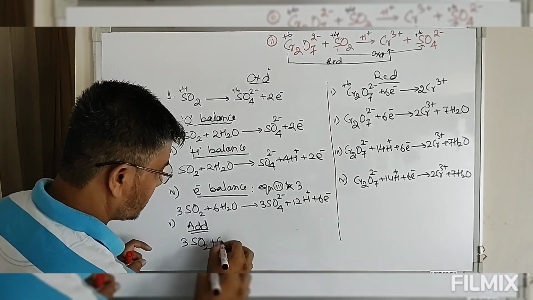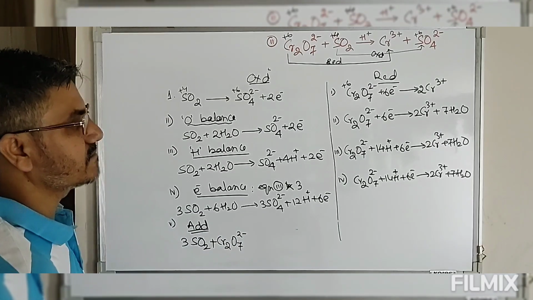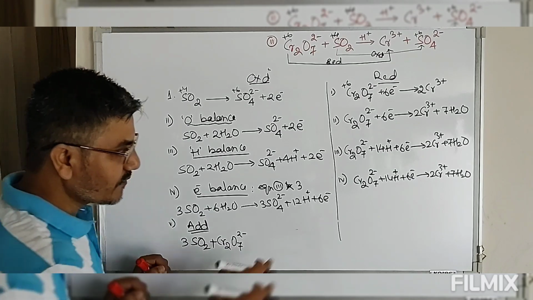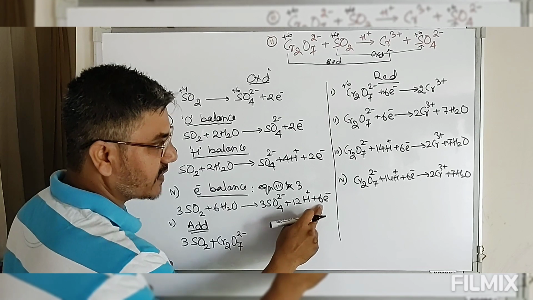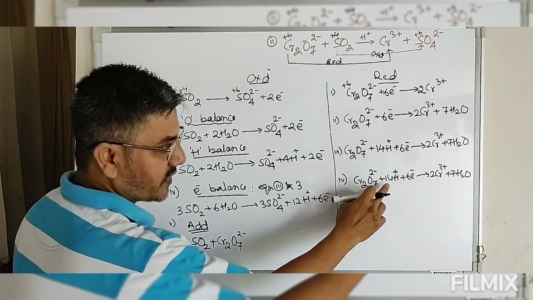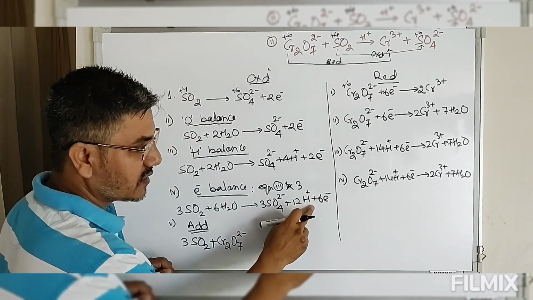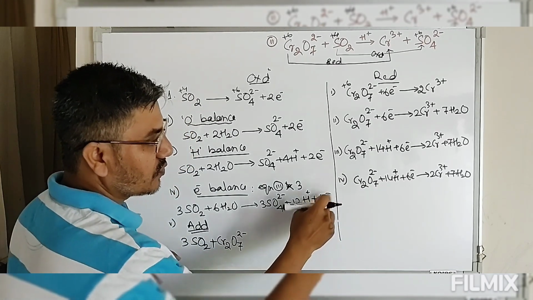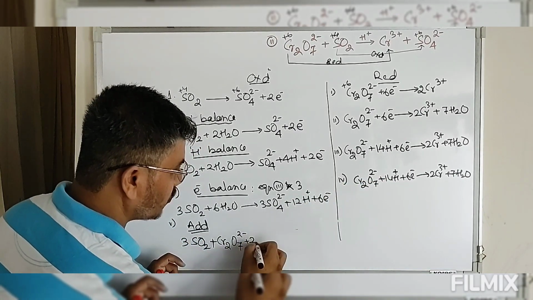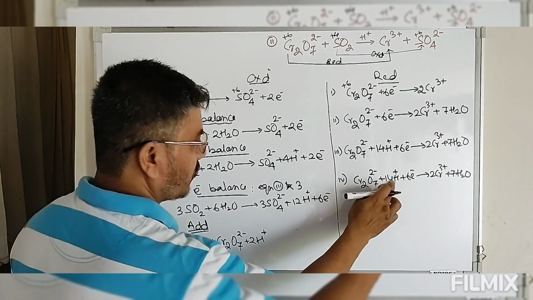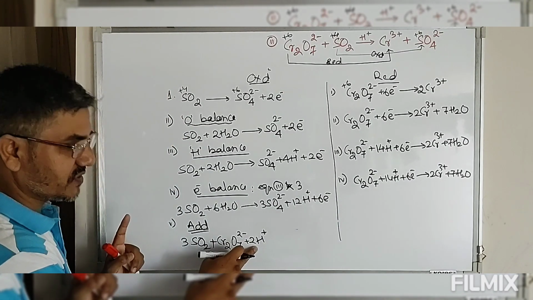we have Cr2O7 2-. Now look at it. We have 6 electrons on the left side and 6 electrons on the right side, so the electrons will cancel out. We have 14 H+ ions on the left side and 12 H+ ions on the right hand side. So 14 minus 2, how much is left? 2. So we are still left with 2 H+ ions on the left side. The 14 is on the left side, 12 on the right, so 12 will cancel out. So you will still have 2 H+ ions left.